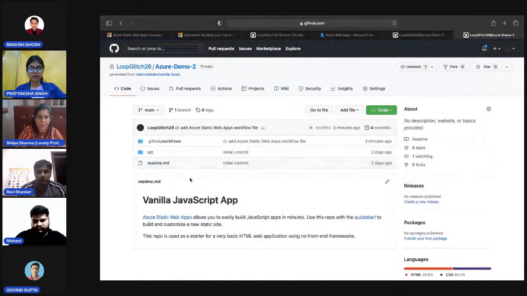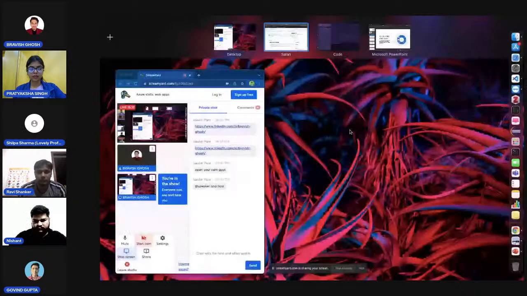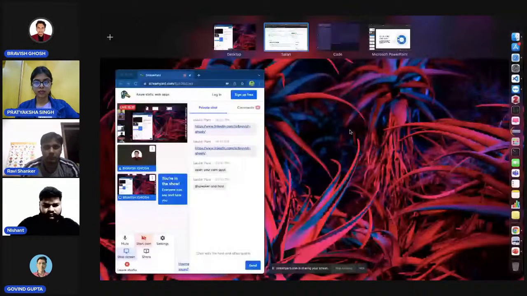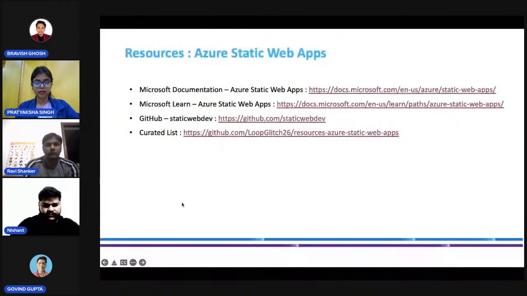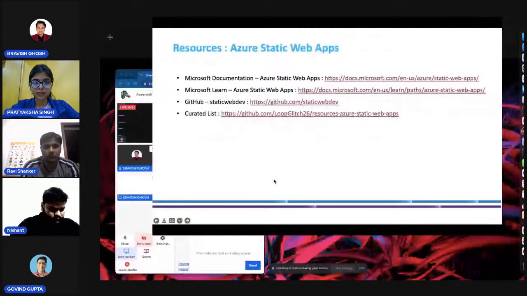Similarly, you can also try out other frameworks as well. For instance, there are different resources that you can follow. If you want to check out, then you can check out the Microsoft official documentation for Azure Static Web Apps. Okay, so before we check this out, it's also important that we need to delete